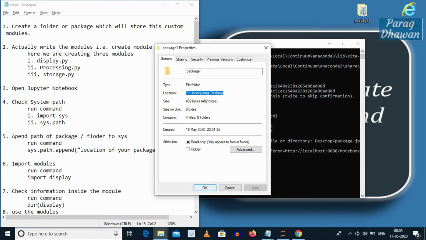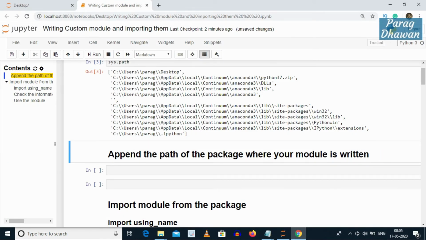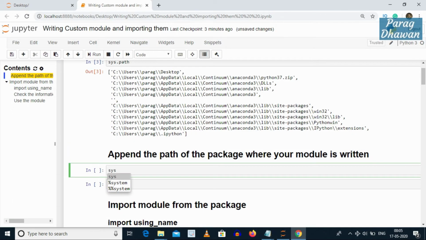After copying the path, come back to the notebook and run the command sys.path.append in opening and closing parentheses, in double quotes, paste the path with the package name package1, and to handle the escape sequence we have to add one more backslash here.